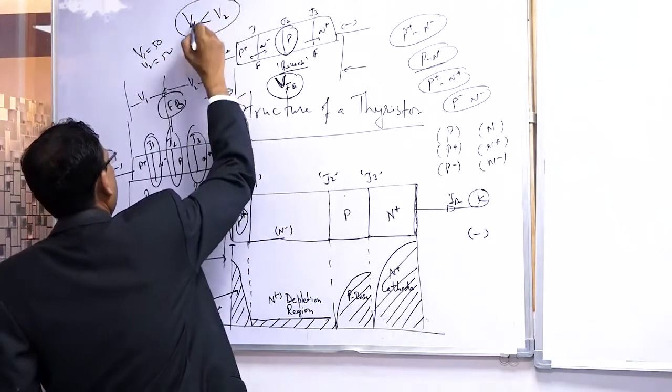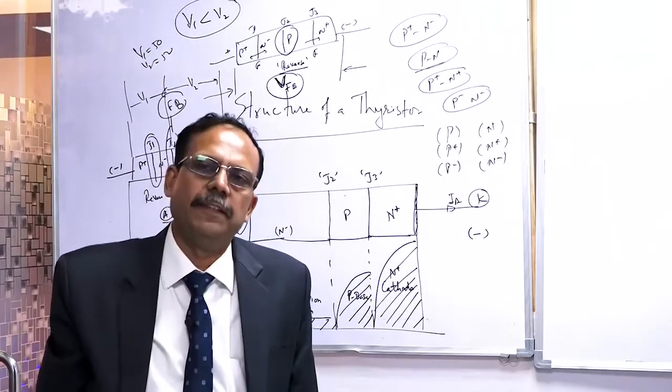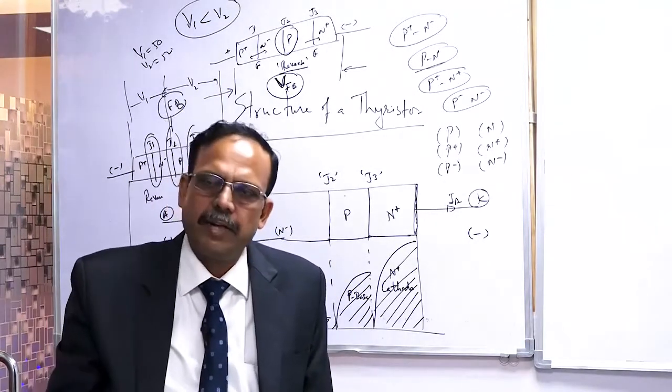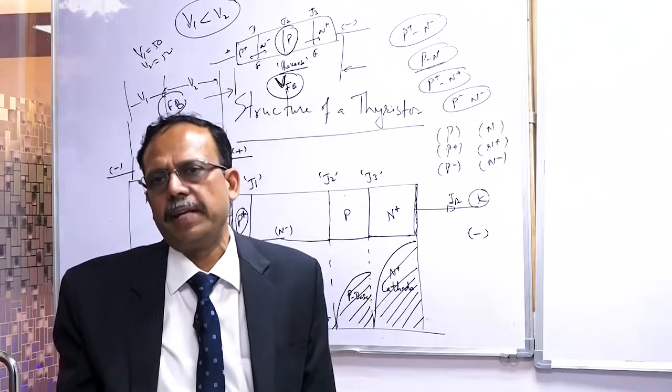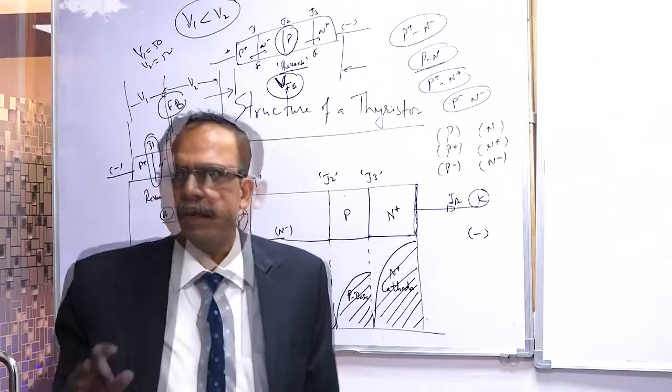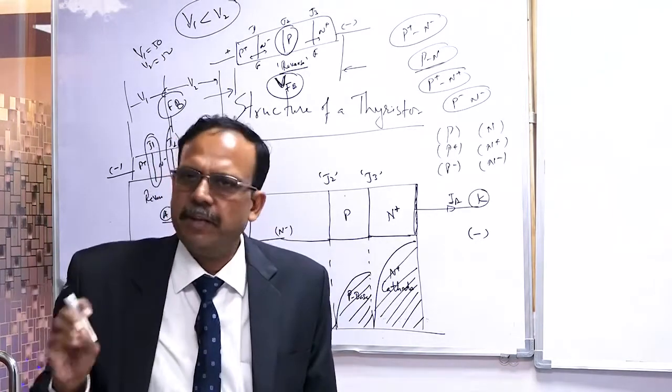Yes, anybody who is agreeing? Ramesh Krishnan ji is saying V1 is less than V2. Anybody who is agreeing or anybody who is disagreeing with him? How many people are agreeing and how many people are disagreeing with him? Bakul Narayana ji says V1 and V2 will not be 50-50%. They will not be 50-50.